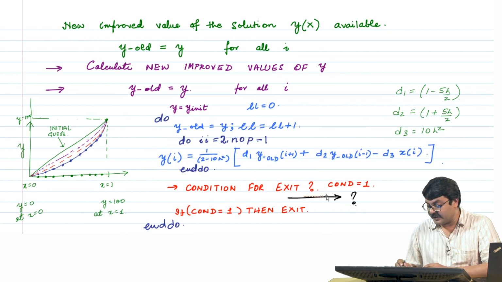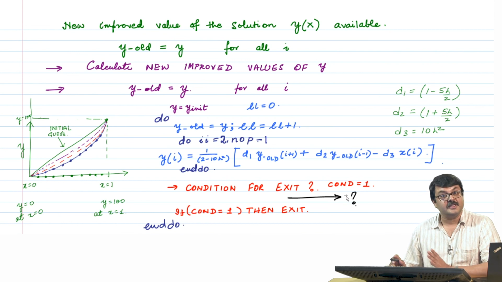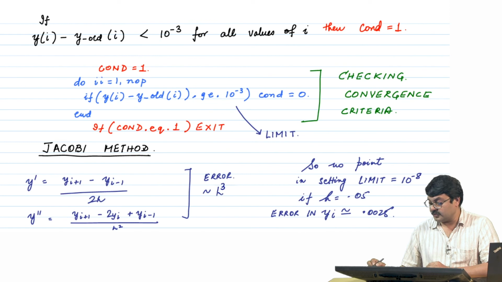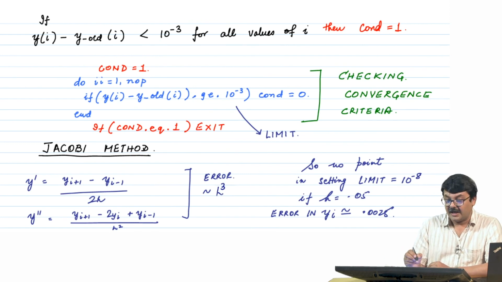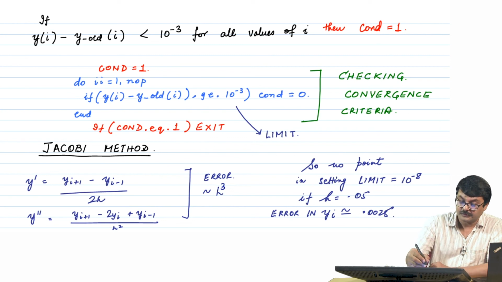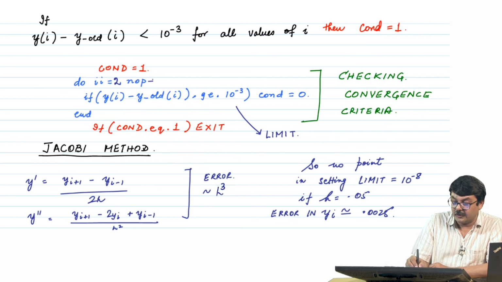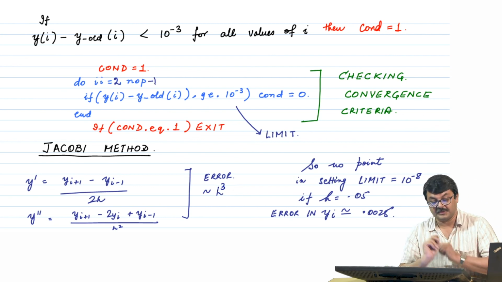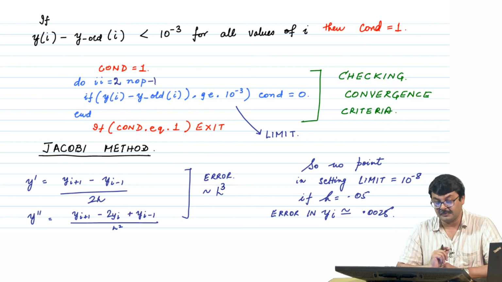So, basically here you are checking whether you have reached convergence or not. At this part, what you do is the check, and how do you check? You say, okay, do I equal to, again this should be 2 to NOP minus 1, between the boundary points. If yi